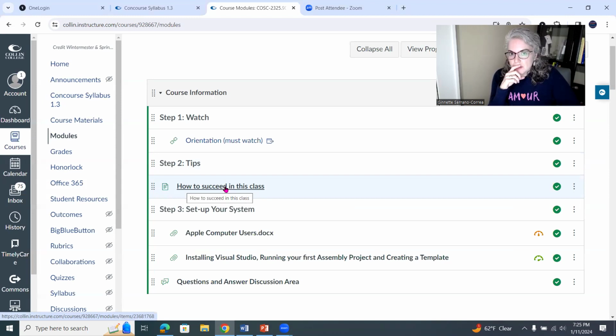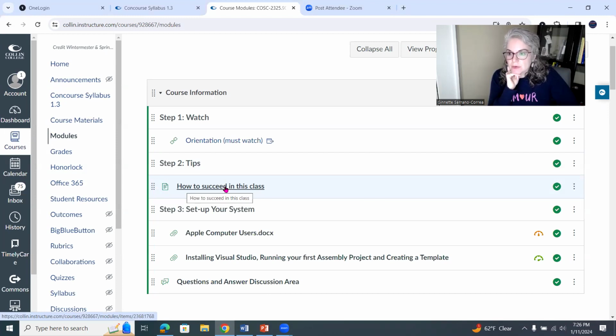If you skip that part, when you get to the end of the class and you have to code by yourself, create a project in assembly language, and when you have to take the final exams, you're not going to be able to do it. And those are a really high percentage of your grade. We'll go over the percentage, but like the final project is 20% of your grade. So it's just really important that you put in the work.